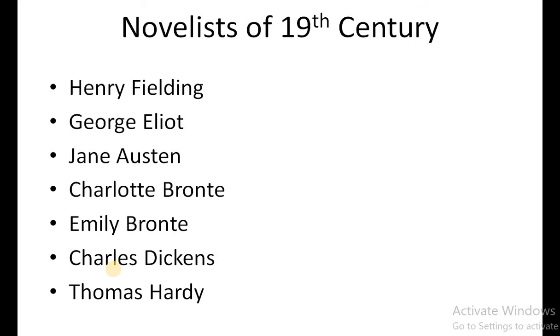All right, next is Jane Austen. Jane Austen was also a brave lady, because at that time it was not considered appropriate for women to write, but still she had the courage to write with her own name, and she produced masterpieces such as Pride and Prejudice. There was Emma, Sense and Sensibility, Persuasion, Mansfield Park, and Northanger Abbey. She wrote six novels basically.